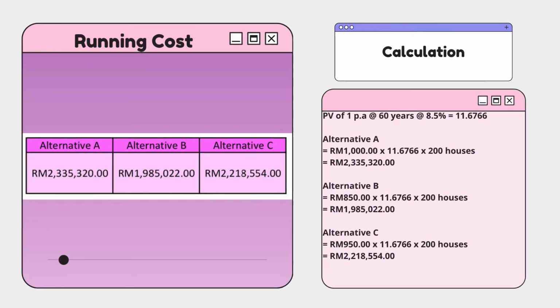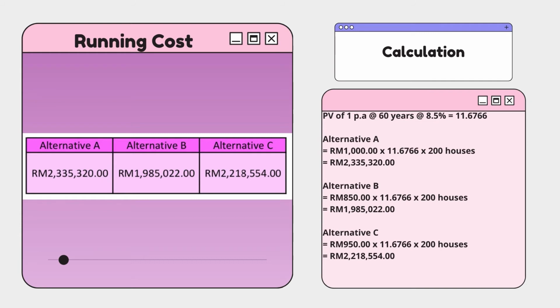The running cost. For alternative A, the running cost is 2,335,320 ringgit. Alternative B, 1,985,022. For alternative C, 2,218,554. The calculation for running costs refers to the present value of 1 per annum at 60 years at 8.5%, which is